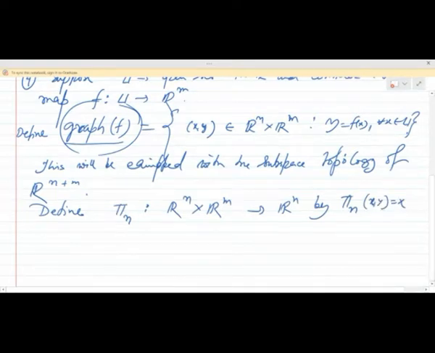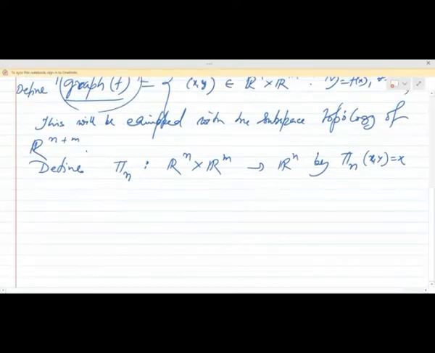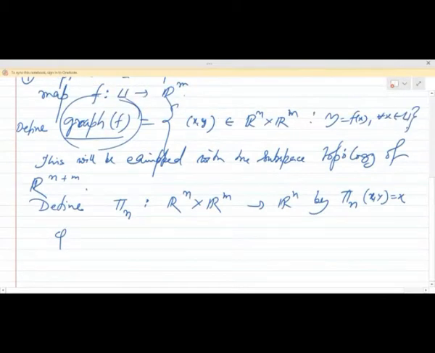This is a continuous map. If you restrict pi n to the graph of f, that is, define phi as the restriction of pi n to the graph of f, this is going to be a continuous map